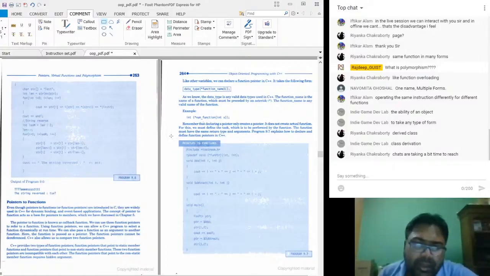Remember that declaring a pointer only creates a pointer. It does not create the actual function. For this, we must define the task to be performed by the function. The function must have the same return type and arguments. Here they have given an example.